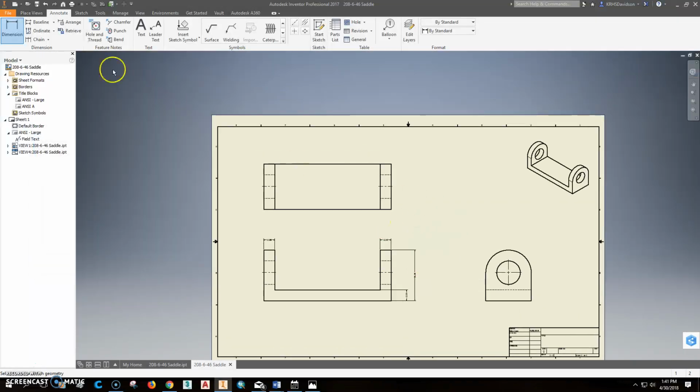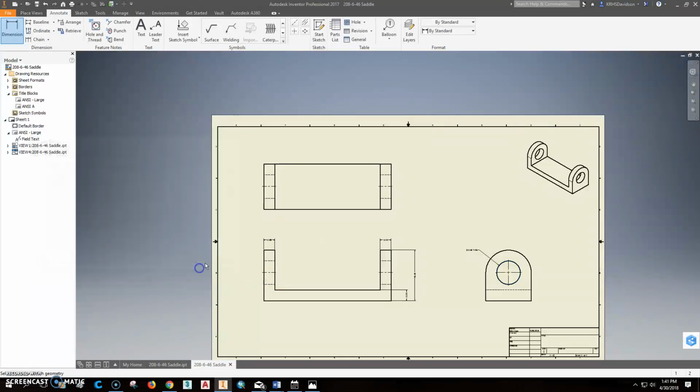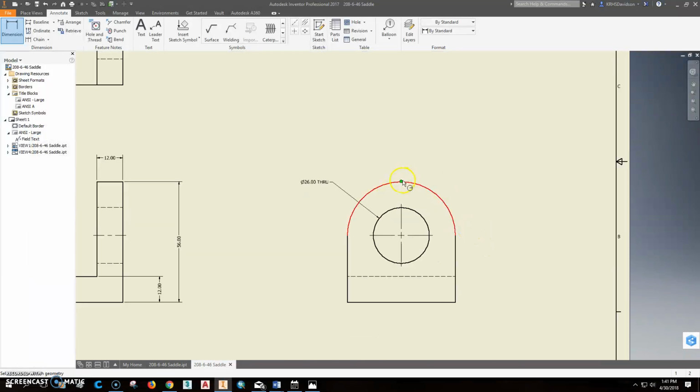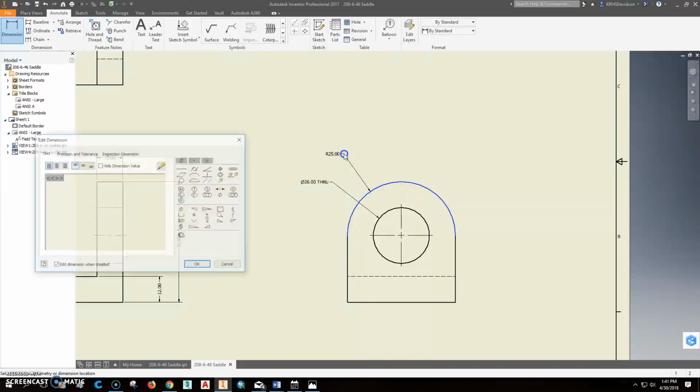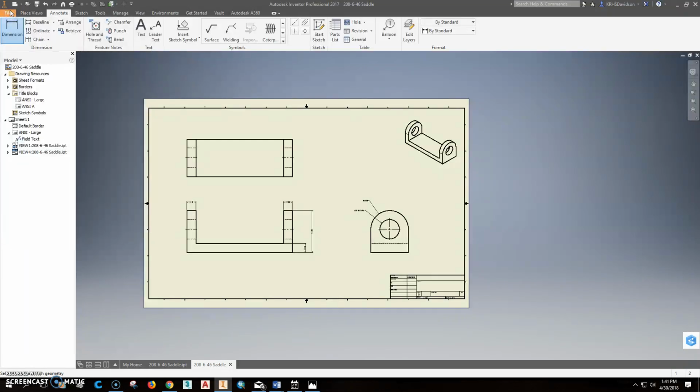Alright. What we do want to know then also is what this is right here. And we'll just go ahead and turn our caps lock on and say that's through. And we'll do a dimension on that radius right there. And that's it. So then we go to File,